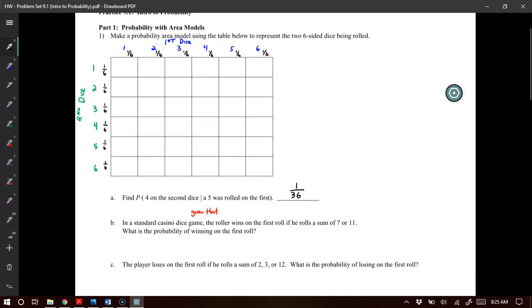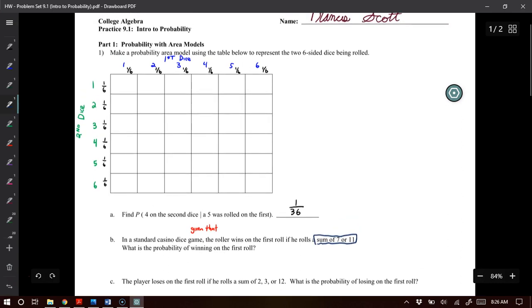And so if I'm looking at this, it says in a standard casino game, the roller wins on the first roll if he rolls a sum of 7 or 11. What is the probability of winning on the first roll? Well, this is interesting because there is no 7 or 11 on the dice, but the key phrase here is it says a sum of 7 or 11. So let's focus primarily. So I want to find the probability of a sum of 7 plus the probability of